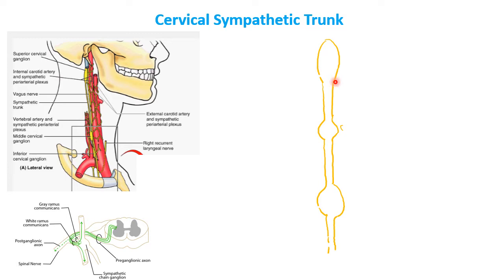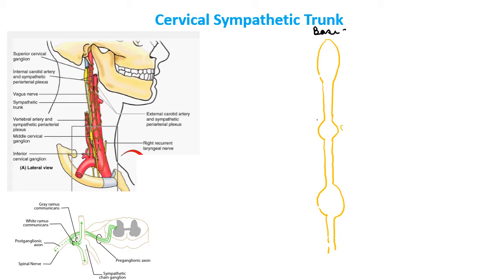Now, the superior cervical ganglion is formed by the coalescence of the first 4 cervical ganglia. So instead of having 1, 2, 3, 4, the ganglia 1, 2, 3, and 4 have united to form the superior cervical ganglion. Similarly, 5 and 6 have united to form the middle cervical ganglion, and the C7 and C8 ganglia, along with T1, have united to form the cervicothoracic or inferior ganglion, also called the stellate ganglion, because it is star-shaped.